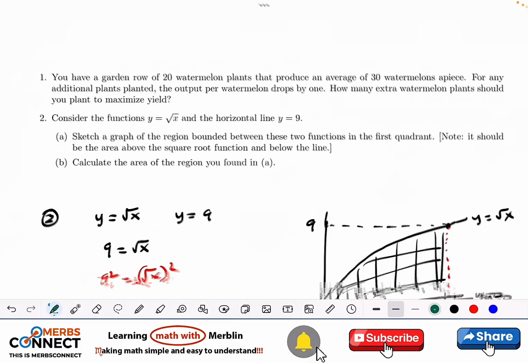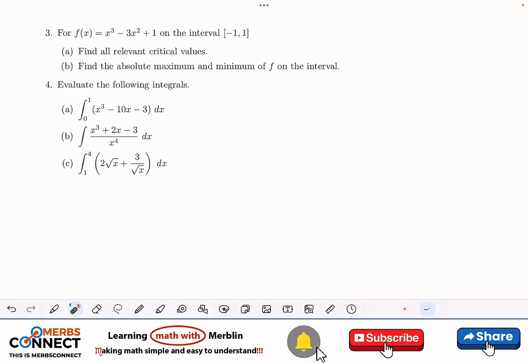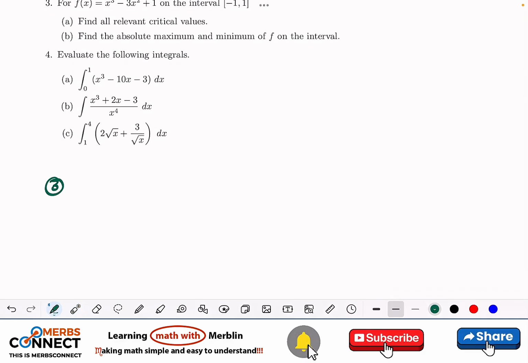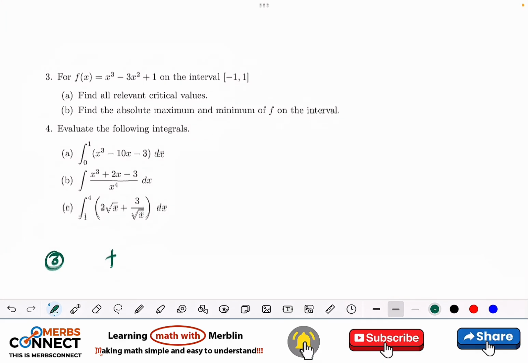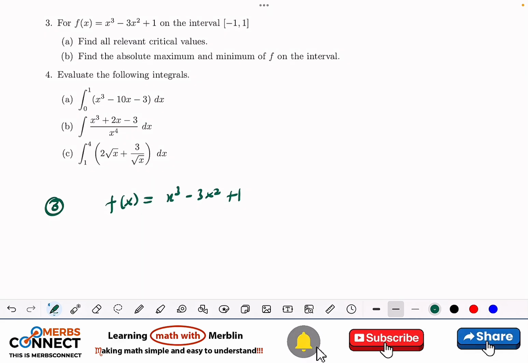Right. Now let's look at question 3. Question 3, we want to look at the relevant critical values. When you say relevant critical values, because of the domain, that's the reason why we are naming it relevant. Right. So let's go through that with question 3. So question 3, we have f of x, which is equal to x cubed minus 3x squared plus 1. So when we are saying that relevant, as I said, we need to look for the critical values inside the